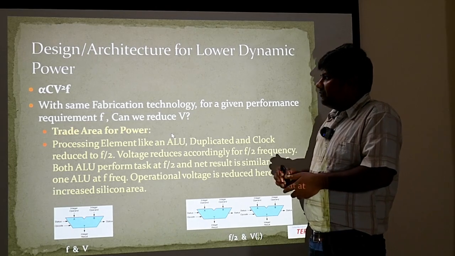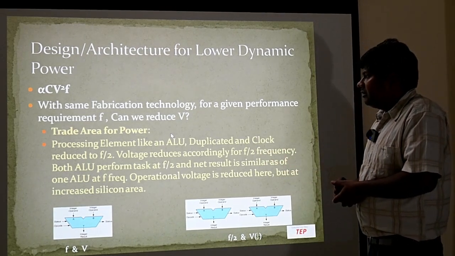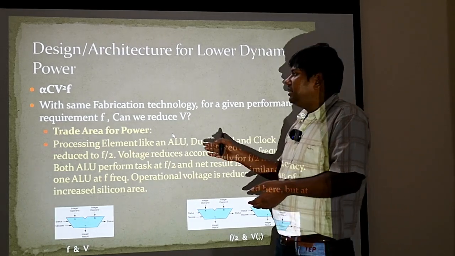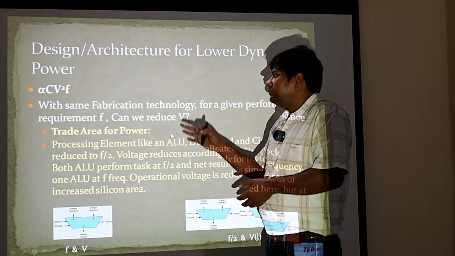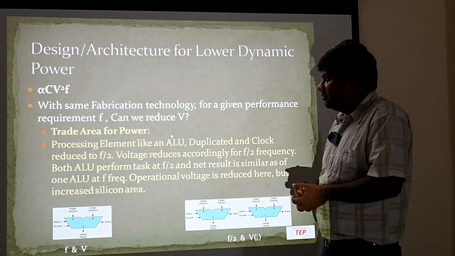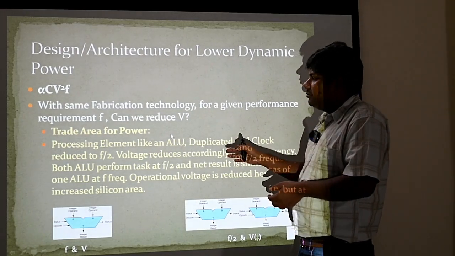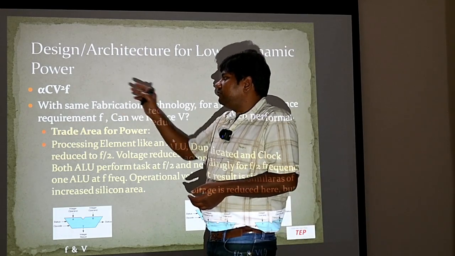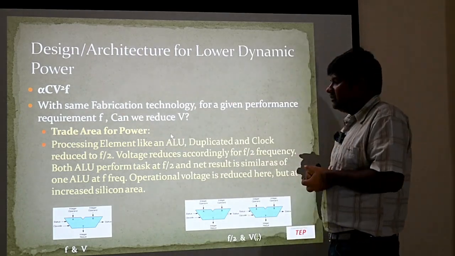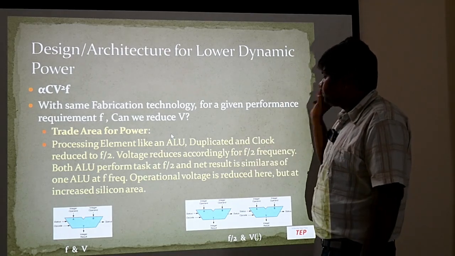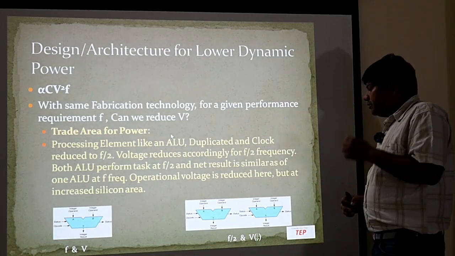Now we come to the fact that we initially discussed about V and F operation. If we are able to reduce the frequency, we get a multifold decrease, because V is the term V square. When we decrease the frequency, V is decreased, but power is a term of V square. So we get multifold saving in the power. That's why the concept comes of area and power